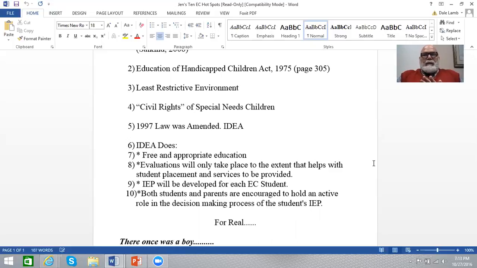So who's writing it? EC teachers, EC coordinators aren't just the ones writing it now. Prior to 97, they were. Now, one of your tasks to do was go to visit an IEP meeting, and the point was to see that now that IEP is written by a group of people. The EC teacher leads that group. You've got parent input. Sometimes the psychologist comes, the regular ed teacher comes. You have all these people now who have input into the IEP. That's by law. That didn't just happen by happenstance.